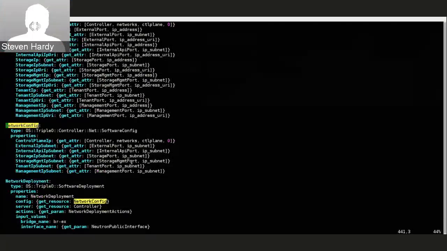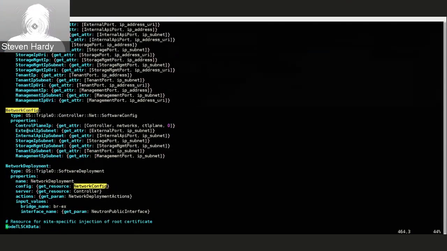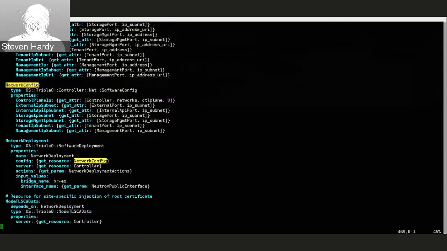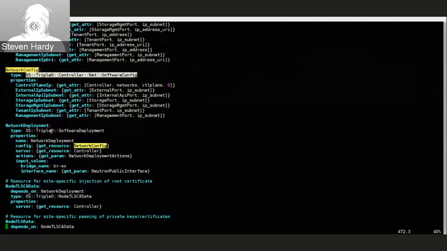Here we've got this network config resource, and that references a nested stack, OS::TripleO::Controller::Net::SoftwareConfig. It's deployed via OS::TripleO::SoftwareDeployment, which is just an alias for a Heat software deployment. We pass in a couple of input values like the bridge name and a name for the Neutron public interface. If we look at where this is defined,